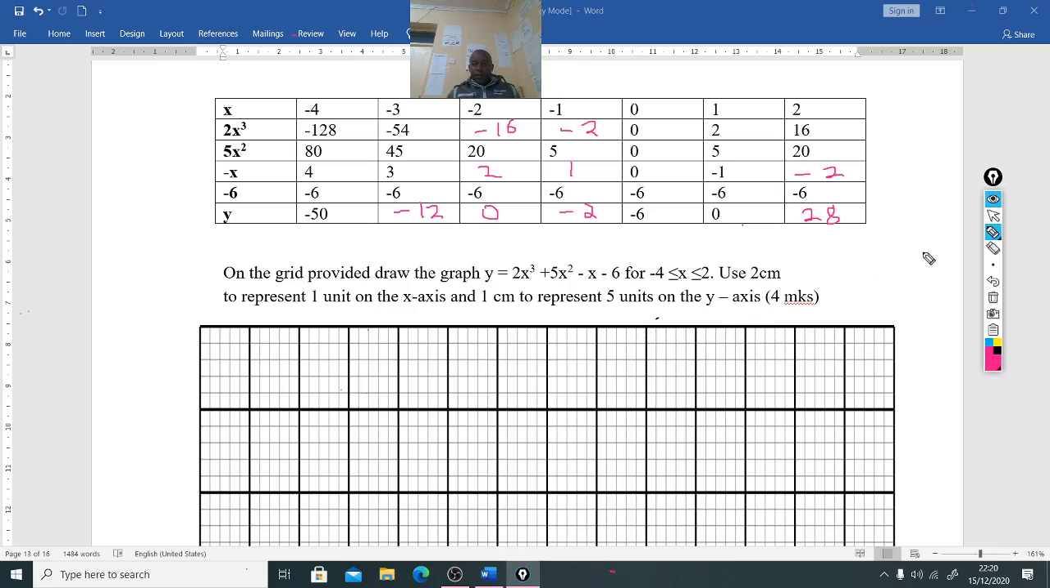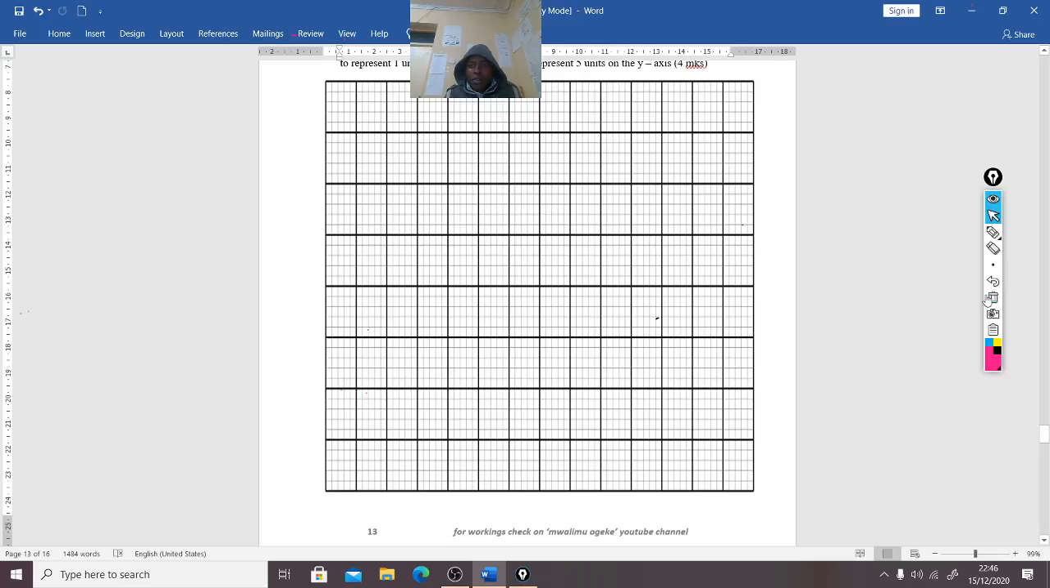From there you draw the graph. Remember your scale. The x-axis is from -4 to 2, so you think of that one, I would not have a problem. But in the y-axis we have up to -50, and for the positive we have up to 28. So then you look at your graph so that you are able to know where you can